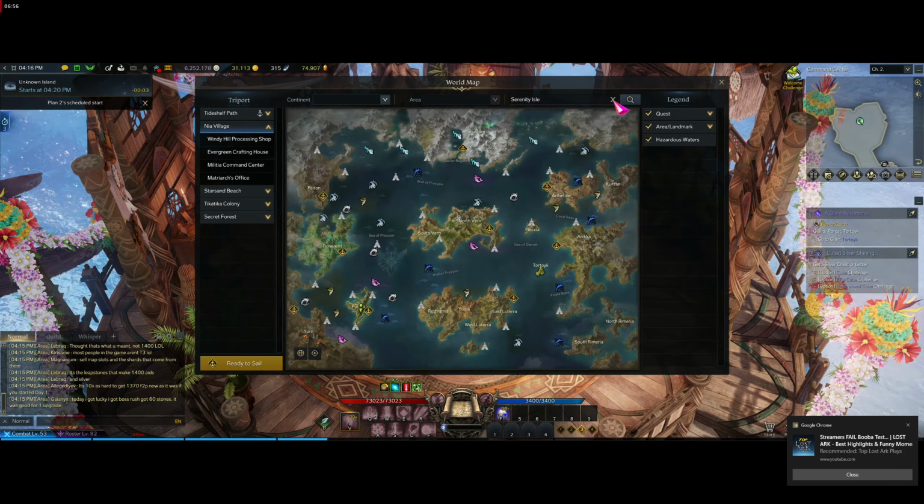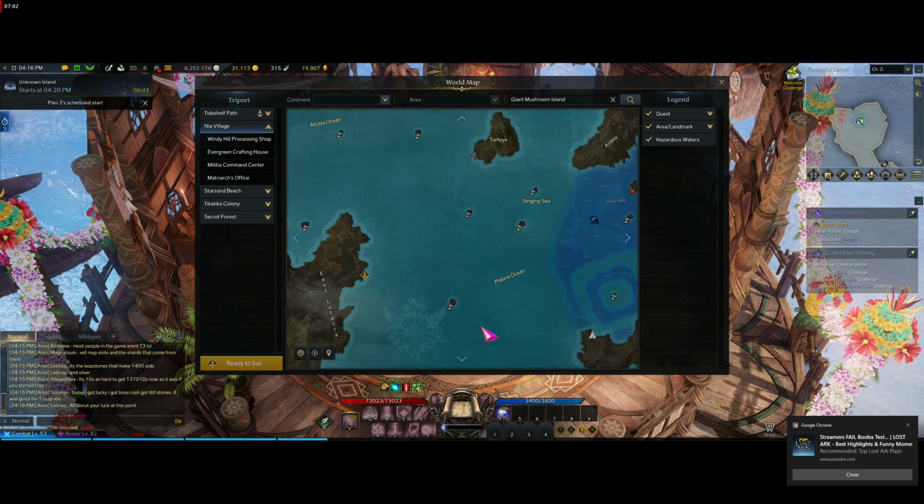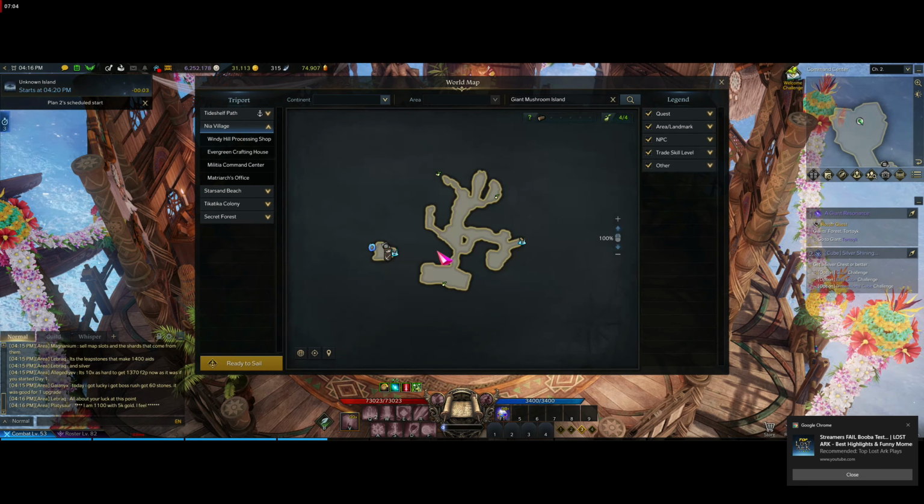The next one we do have is the giant Mushroom Island. Now this one is really simple. Once you get to the Mushroom Island, you go in there and you speak to an NPC or something and it'll actually make you take this stuff, this red cashew juice that you got to drink, and it'll make you really small so you can actually go into the island. And then you just go around logging. You just go around chopping down